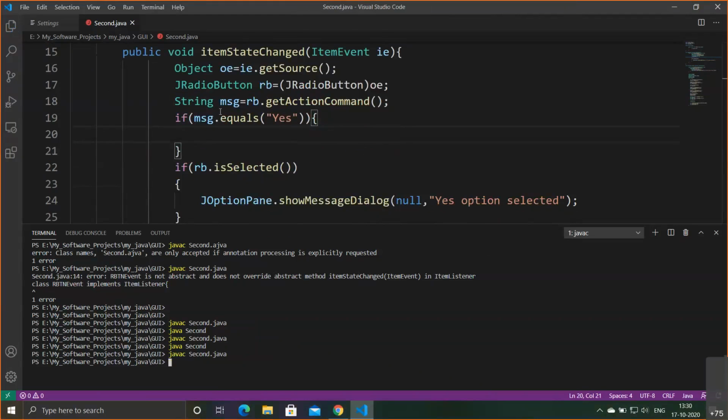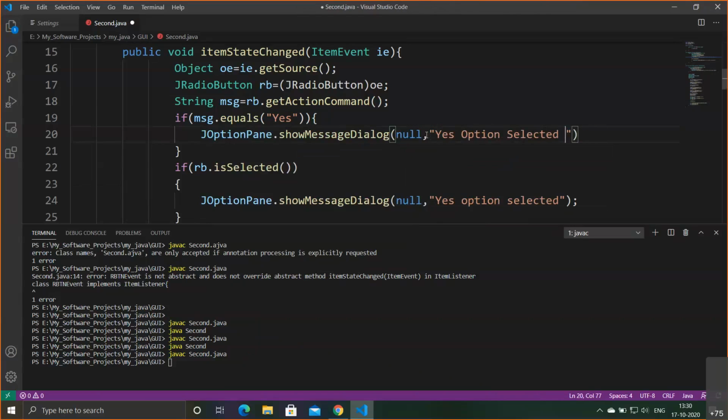Yeah, works. And then here the option pane dot show message dialog, again I have to say null. Here I can't pass this because I don't have a frame control with me, and here you can say yes option selected,